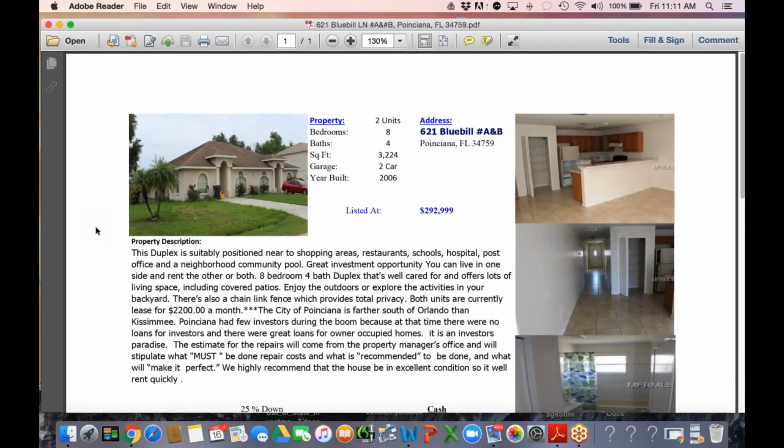Being pre-leased, you're not going to have any kind of vacancies, and also because this property is so new, and the tenant is presumed to be such high quality, in the foreseeable future, if this tenant stays in these two units, we can only suspect the maintenance and upkeep will be very minimal. Even if they were to move away at some point in the future, we can only assume that the future tenant will be of equal quality,